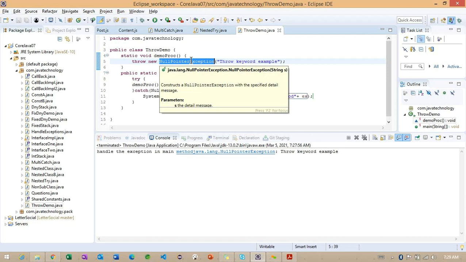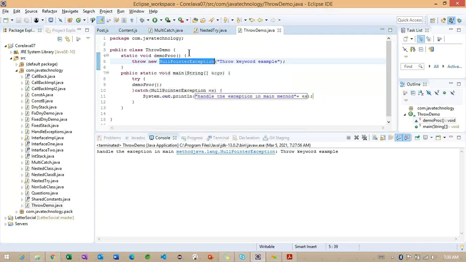How exactly can we work here? Basically, along with the name of the method, we are going to provide the throws declaration, so that we are not going to handle the exception information inside the particular method, but in some other way we are going to handle the exception. So observe carefully. To work with this, again we are going to create the same exception here, or we can create one more exception here.